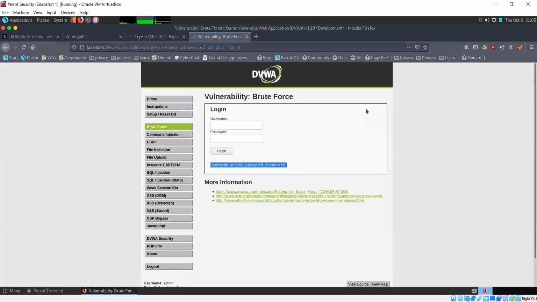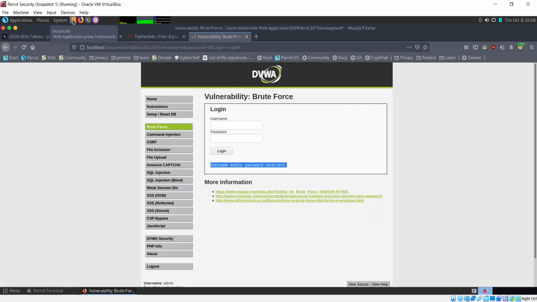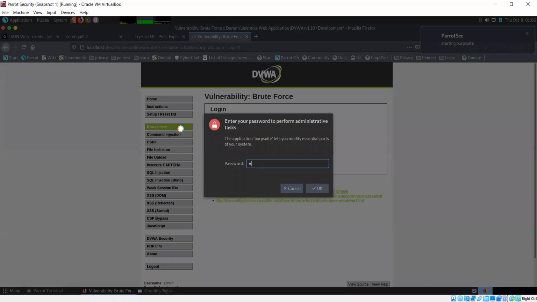So to get the cookie, a simple way is I can use Burp Suite. The value that I get there, I can simply copy that.